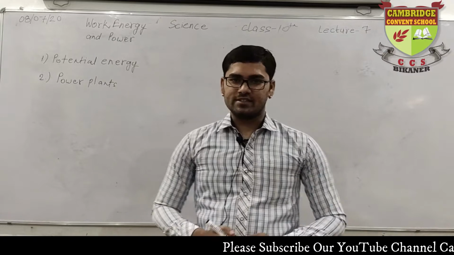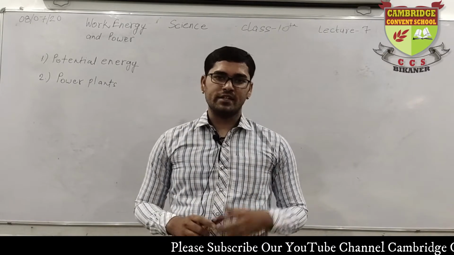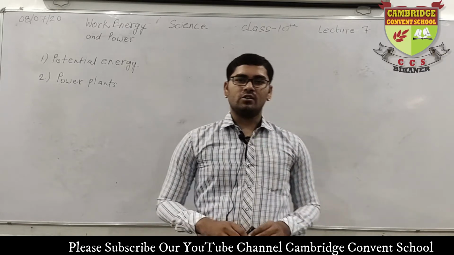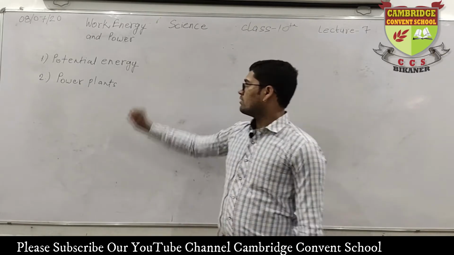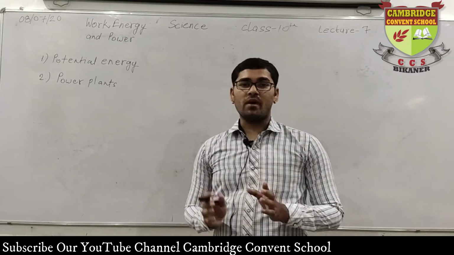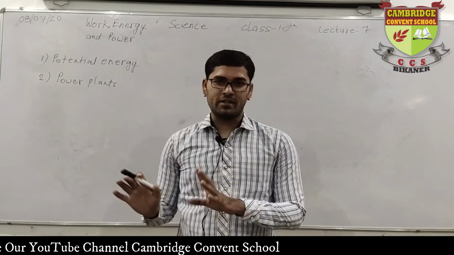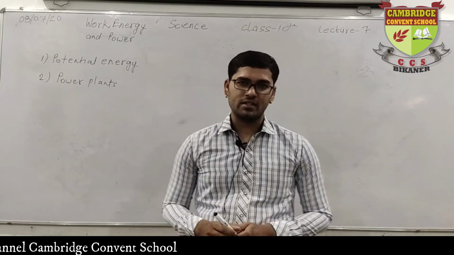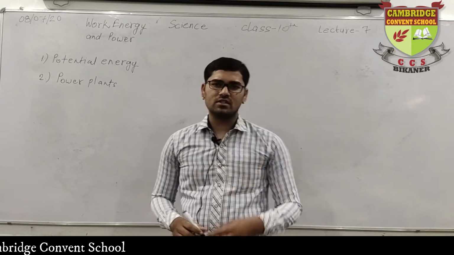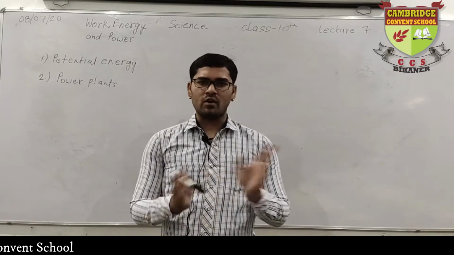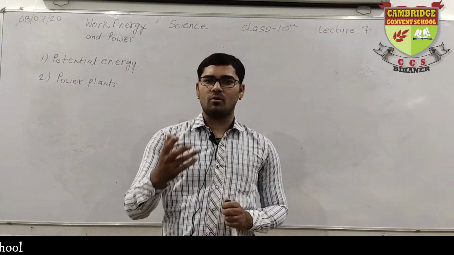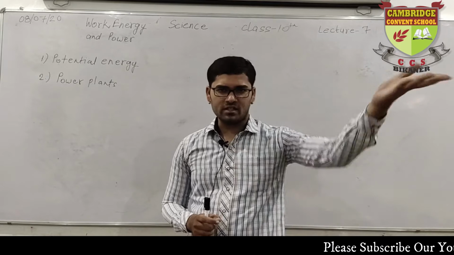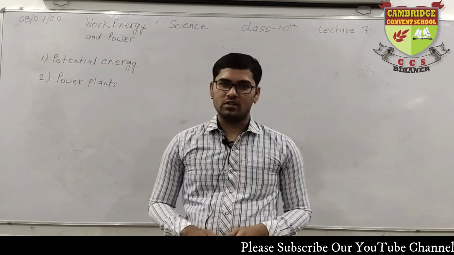In our previous lecture, we studied potential energy, its derivation as per height, and one of its numericals. Today we are going to do one more numerical of potential energy, but not because of height. That has been done. We will do a numerical based on change in shape. Firstly we must do its derivation to find the formula when potential energy is obtained by an object due to change in shape. But that derivation will be done in the last part of the chapter.